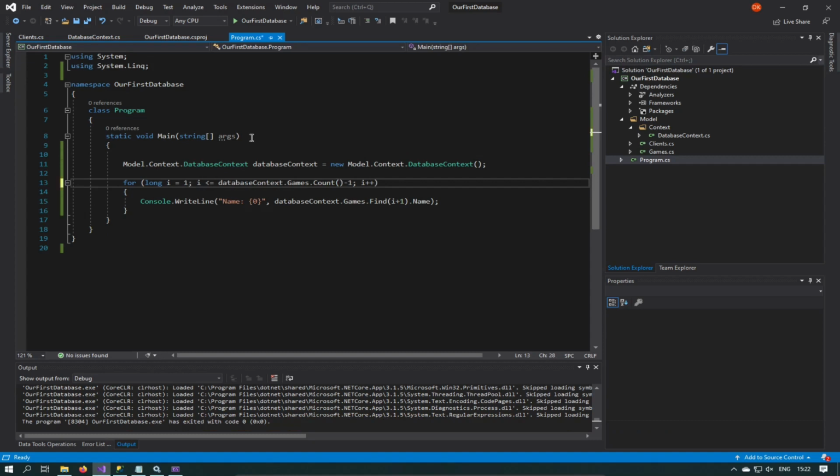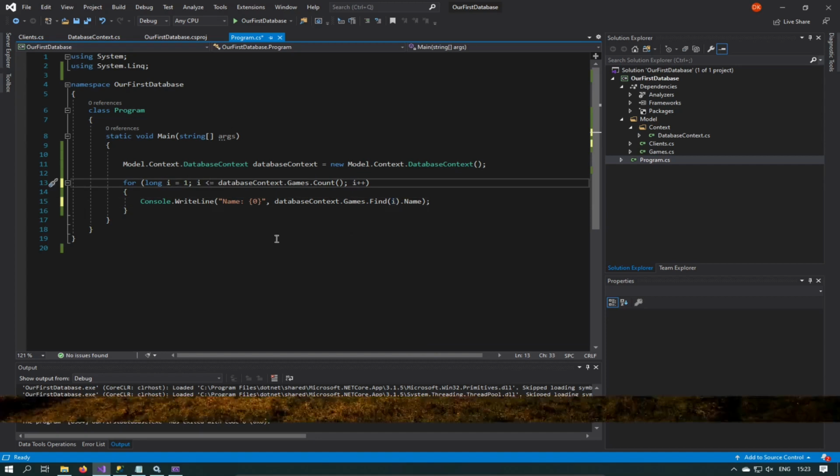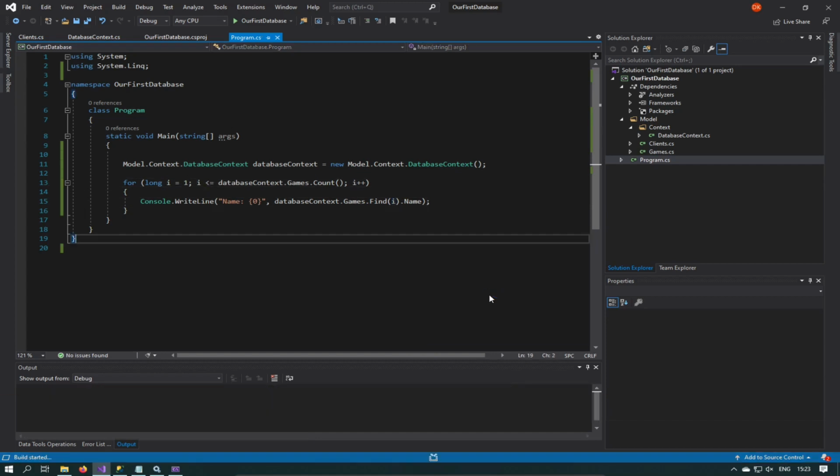So we're going to say, start at the first record. So in other words, where ID is 1. And do it until you equal the number of records. So from smaller to equal, so 1, 2, 3. And then we don't have to say I plus 1 here anymore, we just say I, because I is going to start now at 1, and then 2, and then 3. So if we run that through,